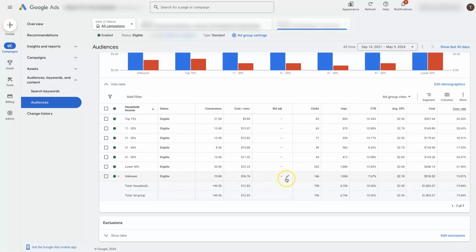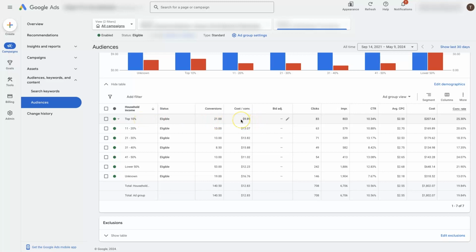But more often than not, the best approach is to just decrease the investment that you're putting into that demographic. And by doing that, you might find that your cost per conversion goes down, your return on your ad spend goes up, and then you can actually get some benefit out of the people who fall within that specific demographic, right? And then in other cases, like let's say we find that top 10% of household income earners are actually